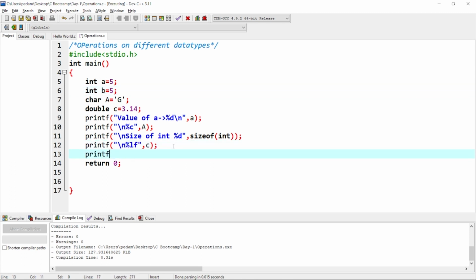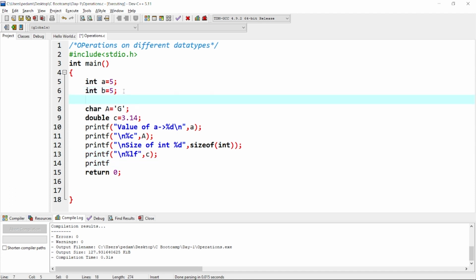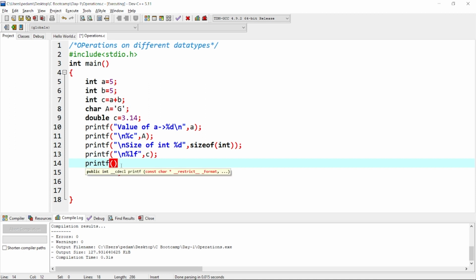Printf. Okay. I'm defining int c, a constant, that is the sum of a plus b. So I have entered it here. So I want to print the value of c. So the value of c is